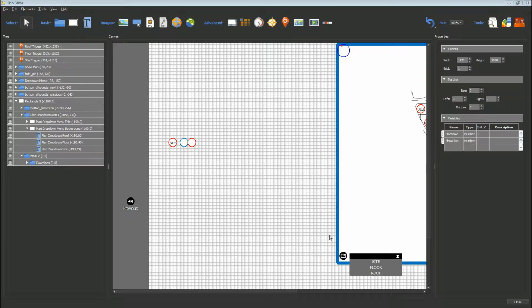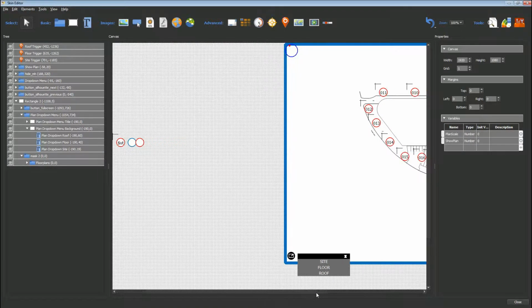Hey there, so this video is going to show us how to edit this drop-down menu in the 360 Panos for when you have a scenario that requires a different set of photo key plans than are set up in the template. So in the template we have one of the more common scenarios of site photo key plan, floor photo key plan, and roof photo key plan,